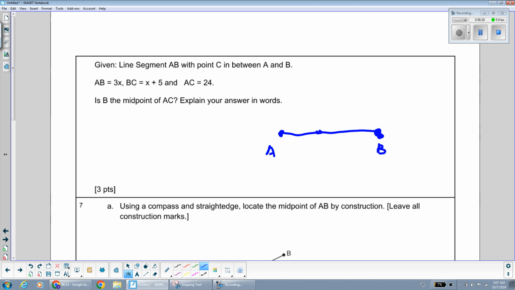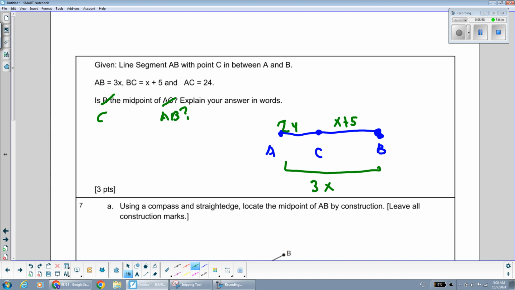Point C is in between A and B. AB, the whole line segment, is 3x. BC is x plus 5. And AC is 24. Is C the midpoint